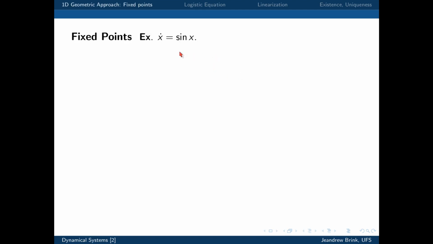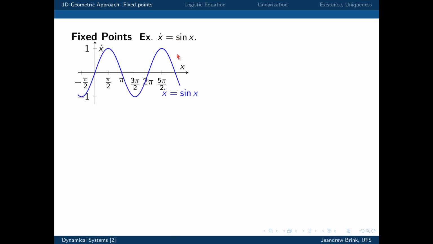So just to recap, the 1D equation, our first example that we were looking at during the last lecture, is basically x dot equals sine x. In other words, the velocity field x dot is related to the position by the function sine x. And to recap how you would go about analyzing an example like this: draw the x dot, or the velocity field, on the one axis, draw x on the other, know that your particle is restrained to moving just along the x-axis, and then put in the rule that connects the velocity field